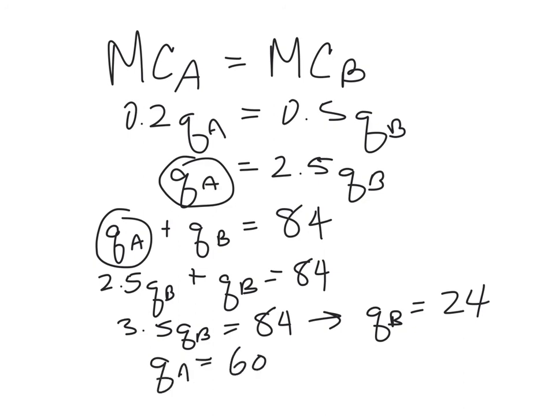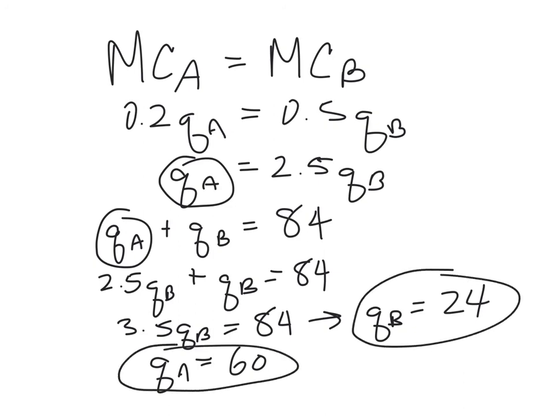And we can figure out the price of a permit traded internationally as well. We know that would equal the marginal cost of abatement in either country A or country B. The price of a permit, I don't remember whether I asked you this, but it's easy enough, would be equal to 0.2 times 60 or to 0.5 times 24. Each of them gets us to an answer of 12. And there we have it.